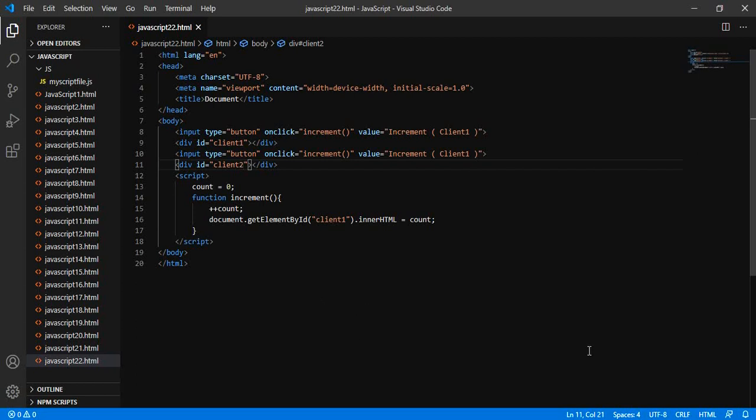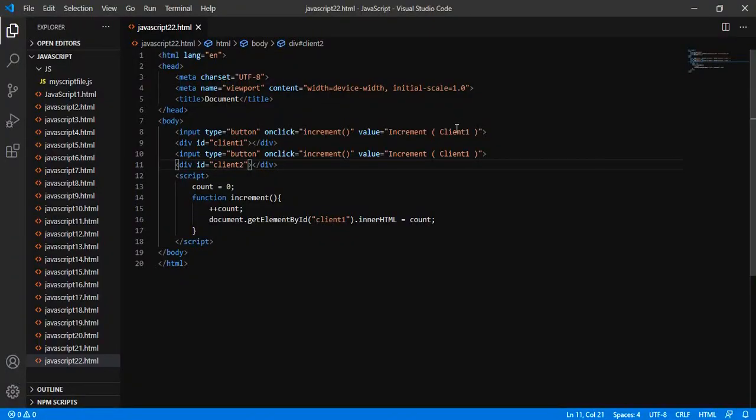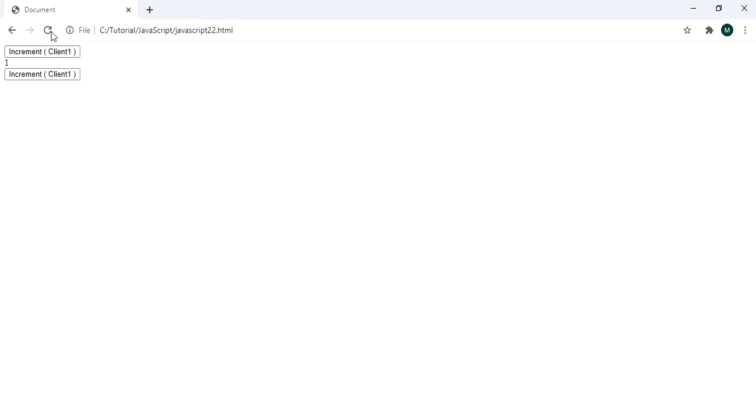Let me just open this in the browser. When I am clicking on client one increment, it is incrementing the value. In the same way I am calling the same function, that's why it is incrementing the same value.